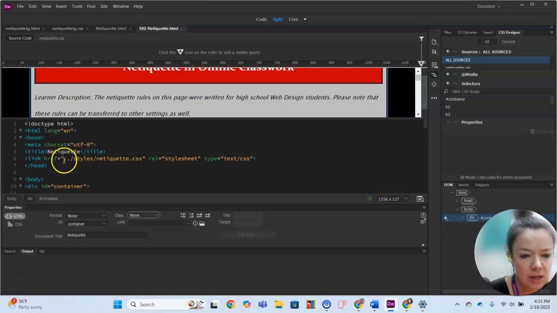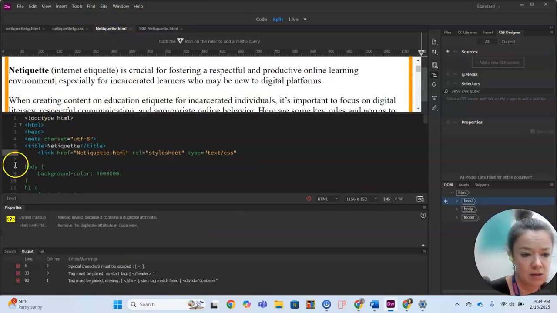And you can see here that in my link, I have ../ and then /styles. That's because in /netiquette.css. That's because that tells it, hey, go look in the styles folder a couple levels back and look for netiquette.css. And then the rest of the link is fine. So that's how you would go about fixing the link as you have it with the CSS starting on line